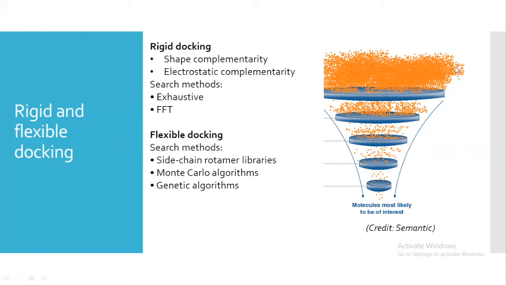But what would have happened if we didn't have bioinformatics and any concept of computer-aided drug discovery? It is not possible to take each of these compounds and go for wet lab experiments. So these 5 hits which we have got after all the high throughput filtering, we can take to the wet lab for validation experiments to confirm whether they can be a potential drug. But it was not possible for these many million compounds to choose the best one. So all these things have made the drug discovery process much easier with the help of bioinformatics.